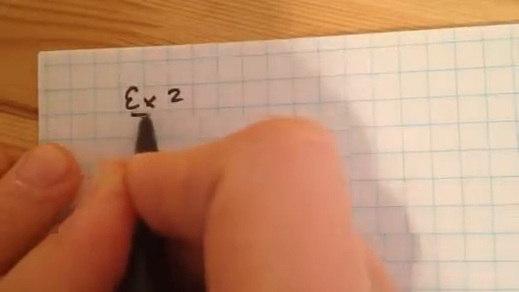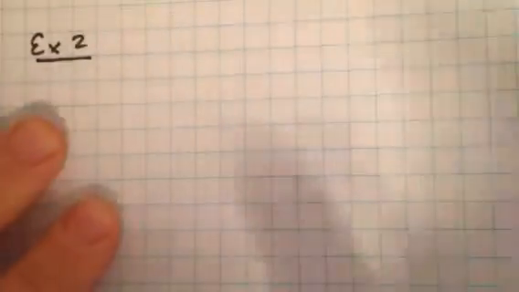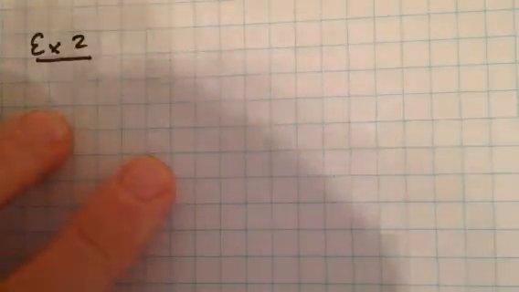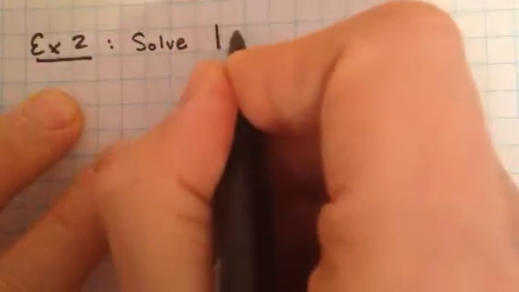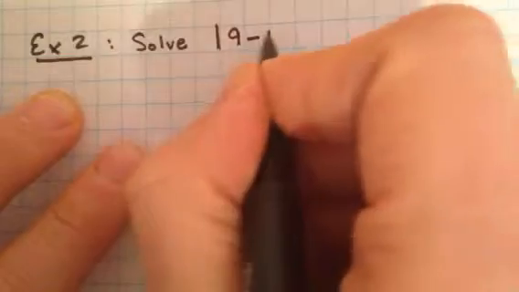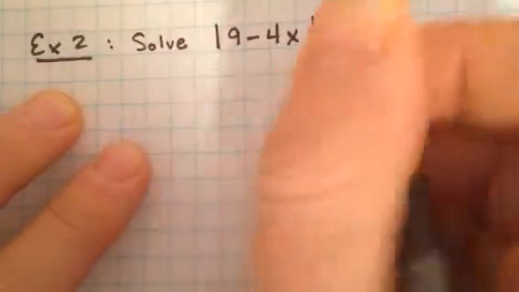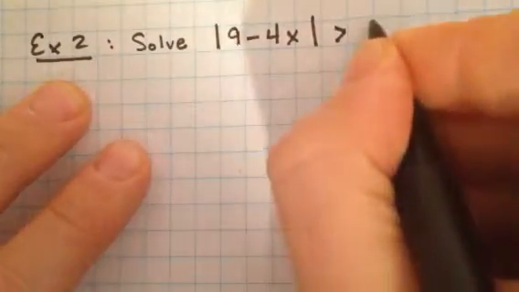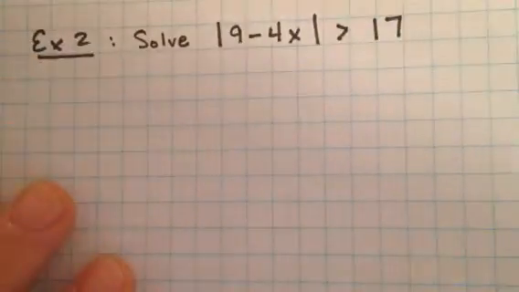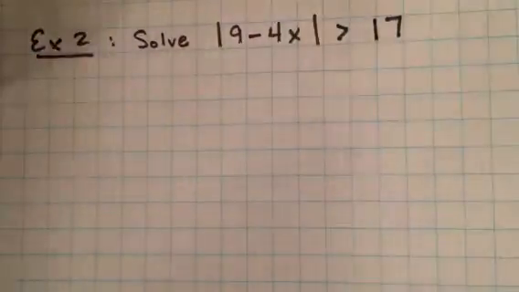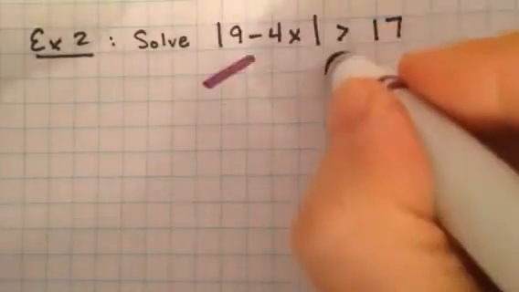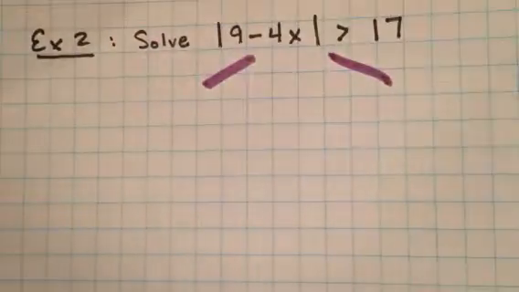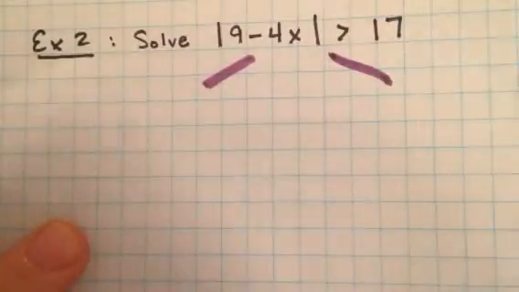Example 2. This time, let's suppose we want to solve the inequality absolute value of 9 minus 4x is greater than 17. So the first thing that we're going to do here is we're going to break it into the 2 parts. And so the first part says